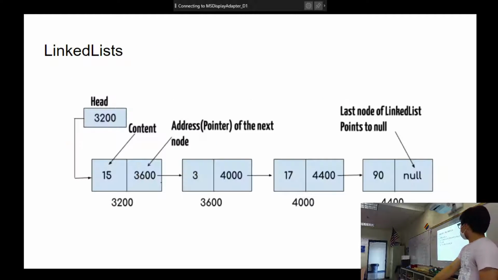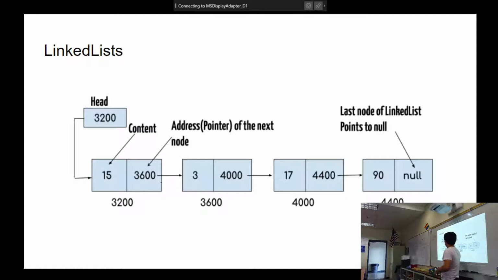Now let's talk about it. Given all those things, we have one node here. We have another node, another node, another node. We have our head, and our head has an address in it. It's just a pointer, and it points to our first piece of data, our first node. Our first node has a value, and it has the next node.